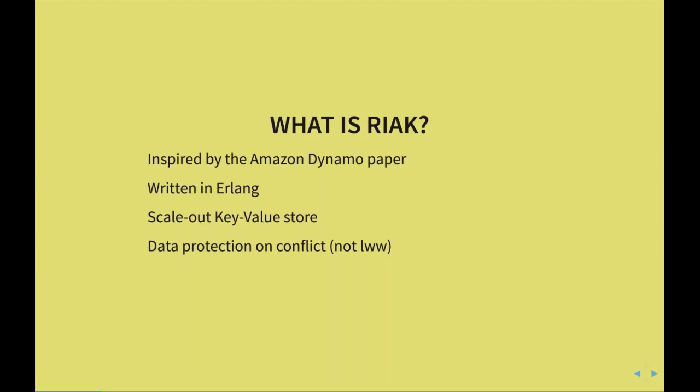It's inspired by the Amazon Dynamo paper. I recommend you have a look at the paper. It interprets that paper and produces a key-value store, written in Erlang, that is able to scale out nicely. But one of the primary differences between Riak and other things that implement the Dynamo paper is that it protects from data loss on conflicts. So it doesn't use last write wins. And in the worst case scenario, it will provide back to the application both options. It doesn't make an automated choice on conflict unless you're using a specific data type, which can make that automated